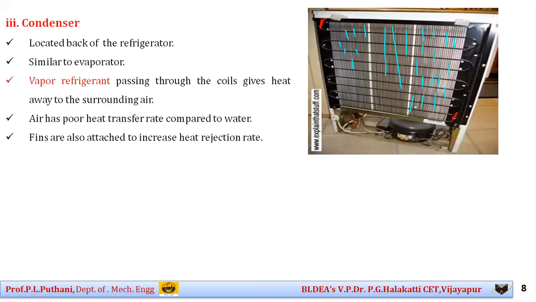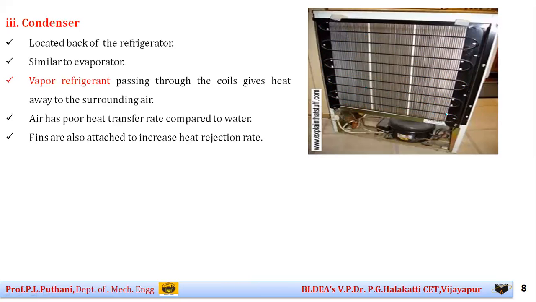For that reason, when the refrigerant is passing through these coiled tubes, by the time it reaches the end point, it has to give away its heat completely. So in order to increase the heat transfer rate, we have attached thin stick-like structures here. We call these thin stick structures fins. The function of the fins is to increase the heat rejection rate through these tubes. Then once the refrigerant passes the condenser, as I already told you, it has converted and the refrigerant is now in the